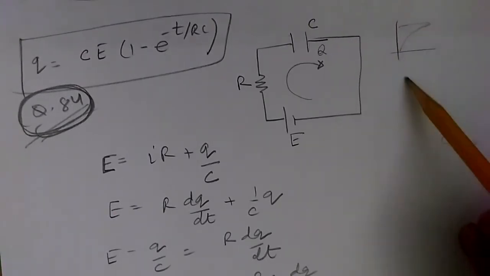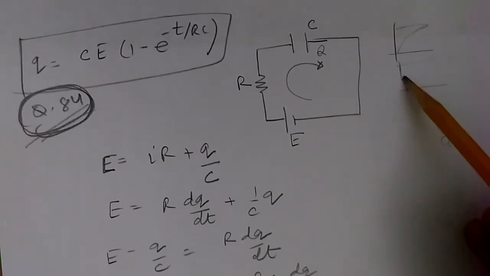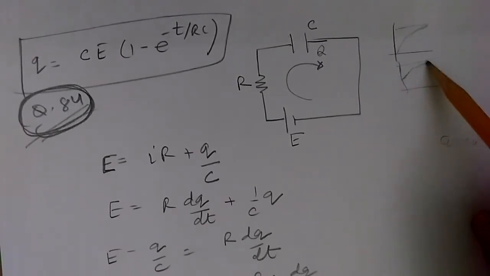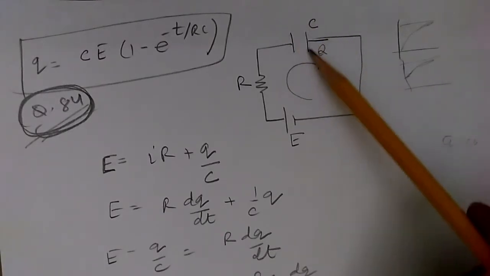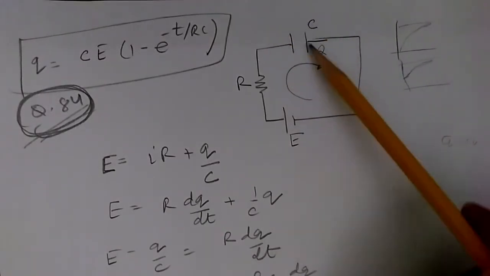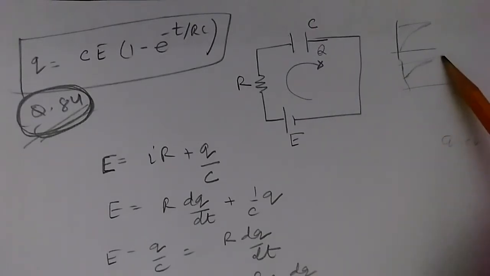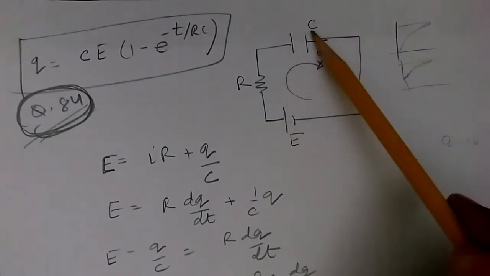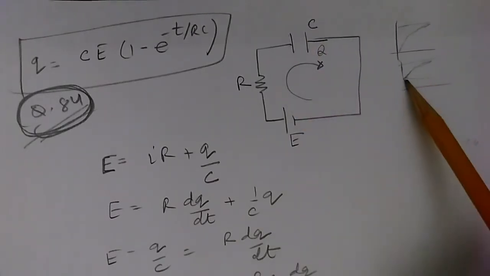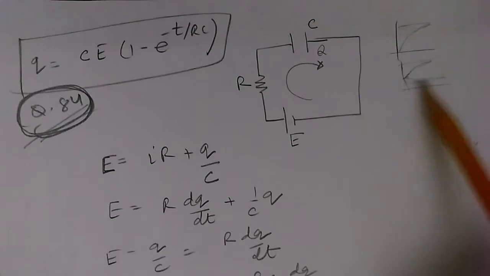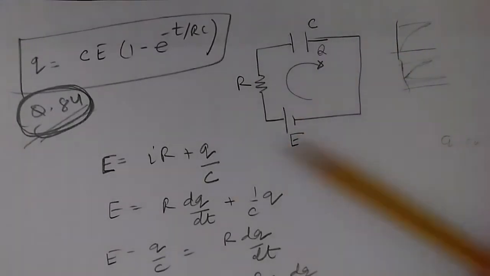But we have an initial charge, something like this. So the charge could behave like this. Because of this charge, if the voltage on the capacitor is less than the battery voltage, it would start increasing. Or if the charge given is more than the battery voltage allows, it could start discharging, finally reaching the E voltage. So we can calculate this, but before that, let's